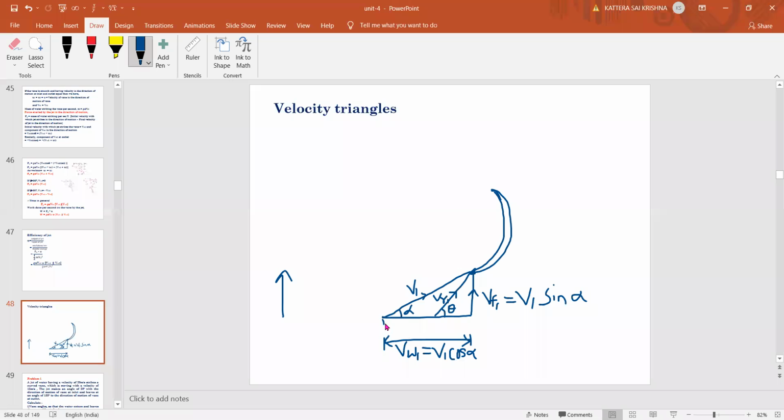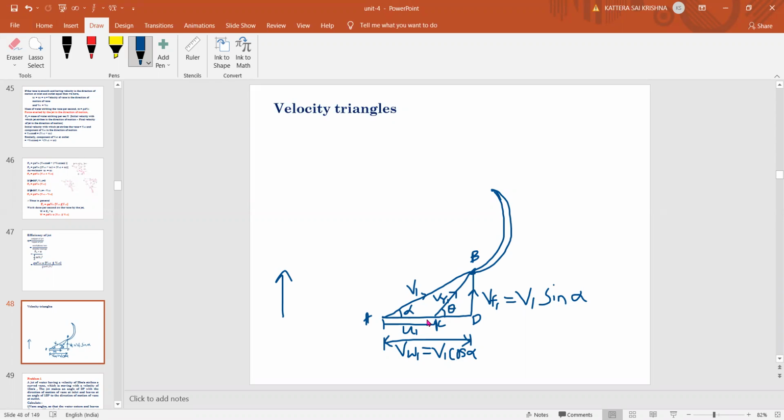Now the distance between v1 and vr1 is the velocity of the plate, u1. Between v1 and vr1 there is always a gap of u1. This is the procedure for drawing the inlet triangle, and we can name the points a, b, c at vr1, and d here. For finding the vane angle, which is theta, when the problem gives the alpha value,